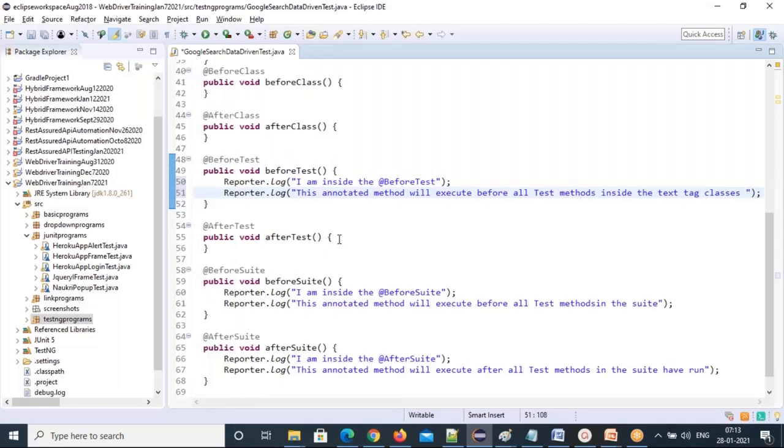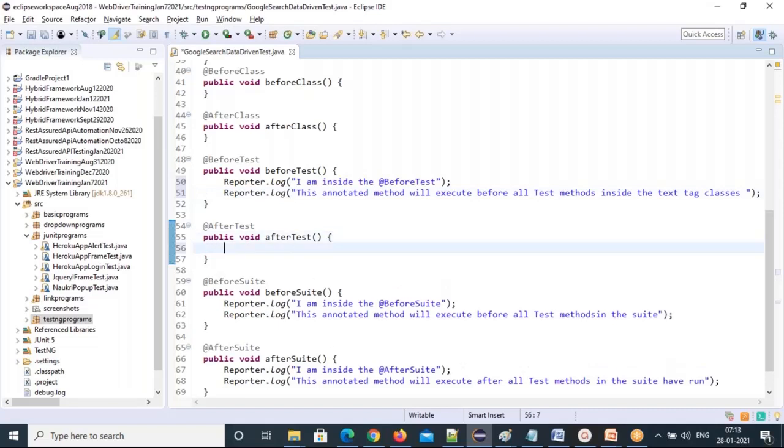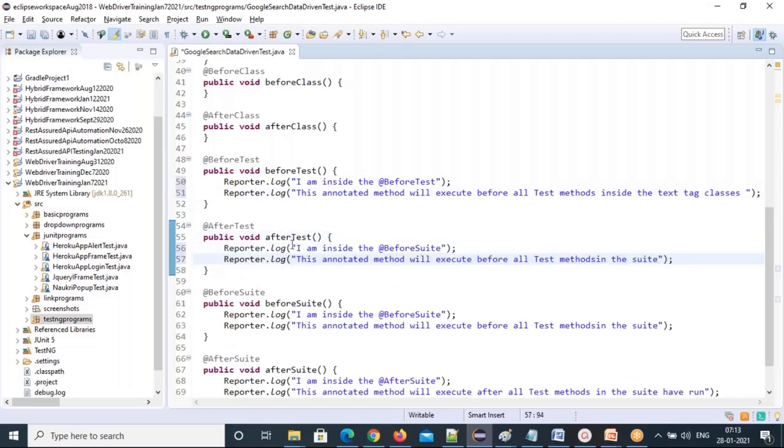And AfterTest means, this is also the same. I'm inside the AfterTest annotation. After test, and remove this suite.